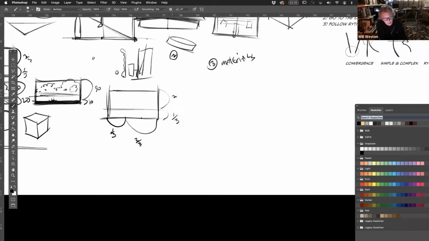This is 2/3. I'm going to keep it a very quiet composition. I don't want too much going on. I don't want it to be too exciting. So I'm going to use a rectangle. And I'm going to come in and start putting elements coming in here like this.